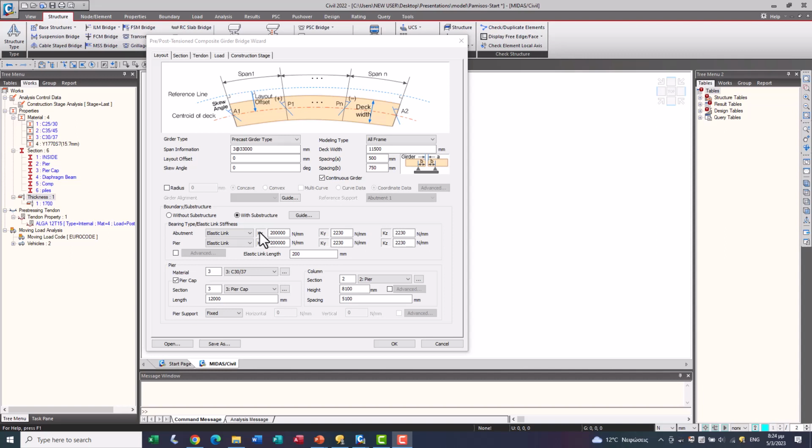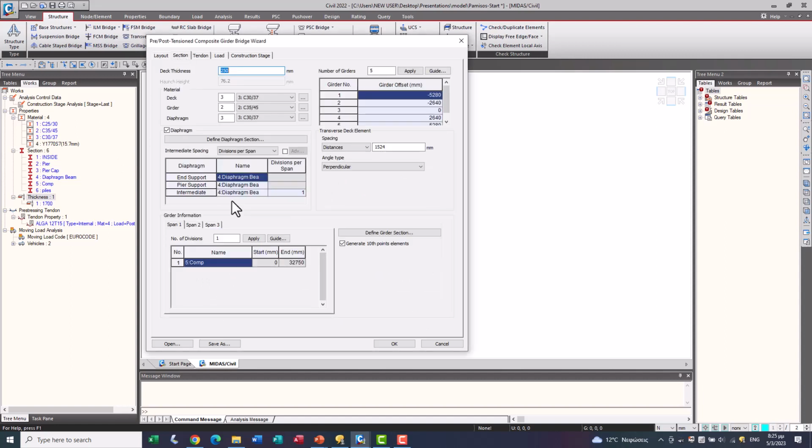The input parameters can be obtained from concept design drawings. The elastic link stiffness defines the boundary condition between the piers and the superstructure. One tip for using the wizard function is to input all the materials and section properties in Midas Civil before using the wizard, to set up the geometry, loading, and staging faster.